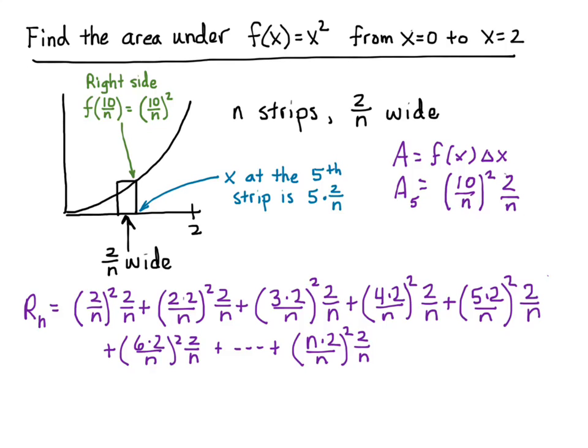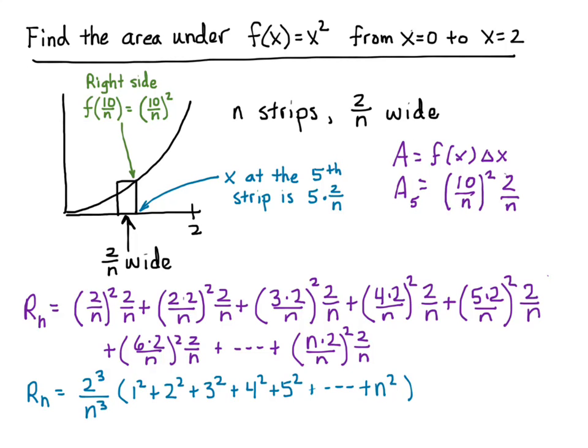So I have this long sum now. And so if I notice that I can factor out, in any of these, I can factor out the 2 over n, and I'm going to have an n squared in each one. So I'm going to factor out n cubed. You see how each of them have n cubed. Each of them have 2 cubed. So I'm going to get 2 cubed over n cubed for every term, and then the only thing that remains is the